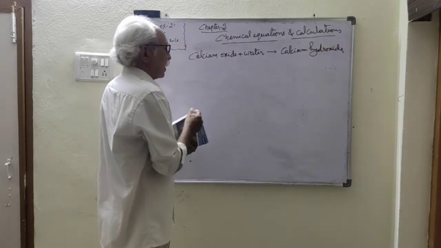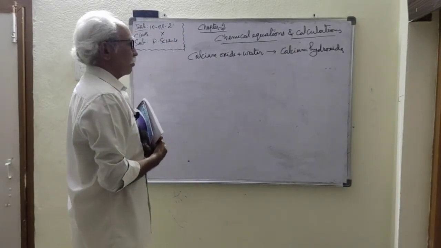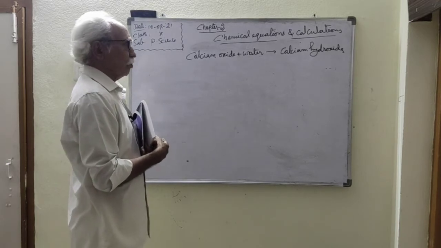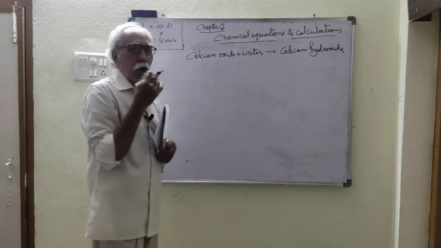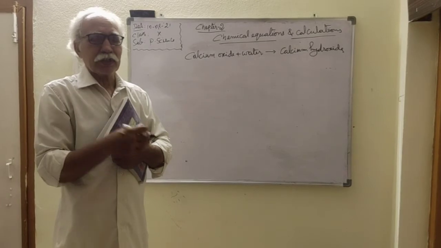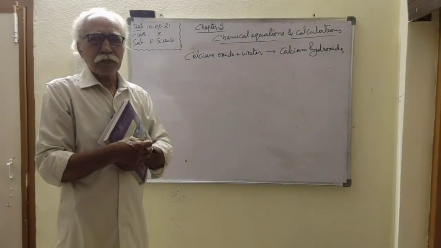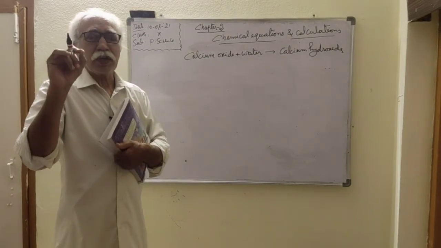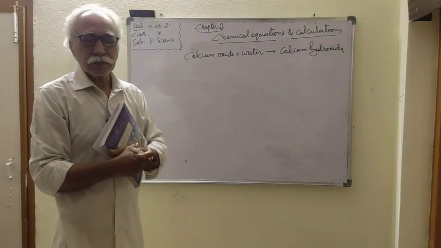So in this case, calcium oxide, this is a lengthy answer. So it is not advisable to write these names of the compounds every time. It is a tedious job. So if you write like this, how many atoms are participating? How many atoms of each are participating? And what elements are present in that compound? How many atoms are there? These things we cannot understand just by writing this chemical reaction.